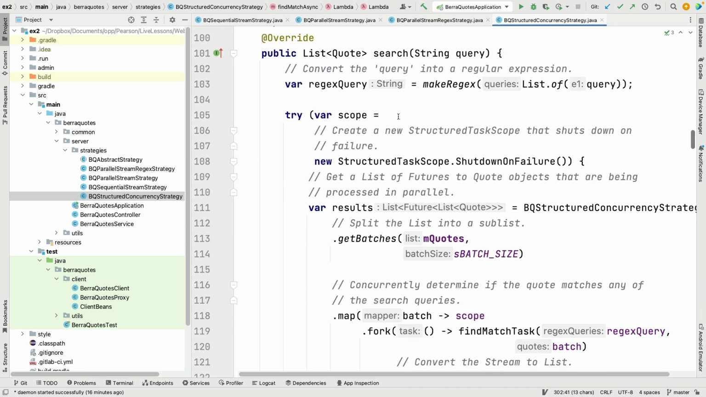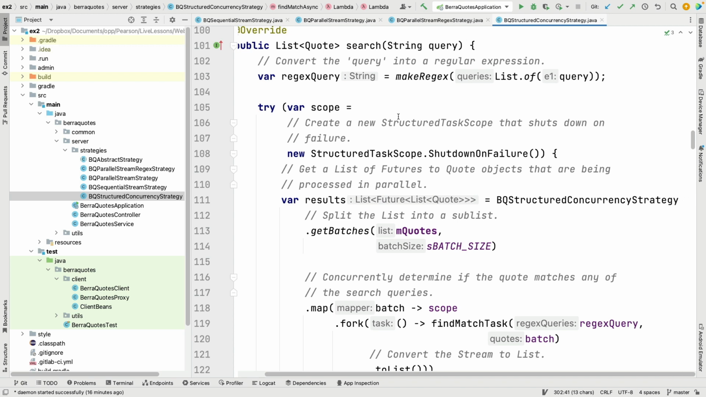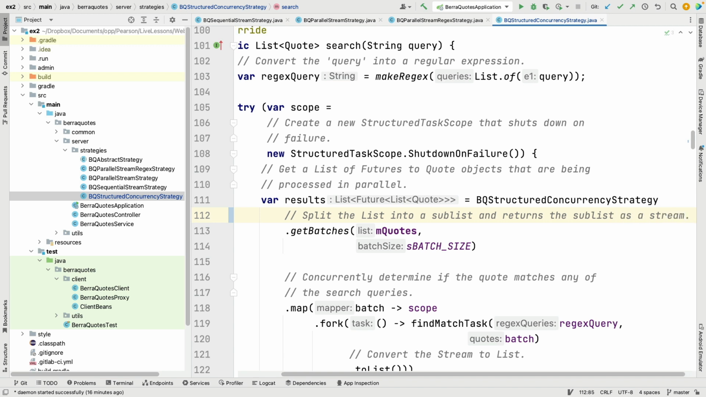Here's where things get interesting. So if we're going to search a query, what we do is we make ourselves a structured task scope, and then we call the getBatches method, which will take the list of quotes and return a stream of batches. So this splits the list into a sublist and returns the sublist as a stream. So if we take a look at getBatches,